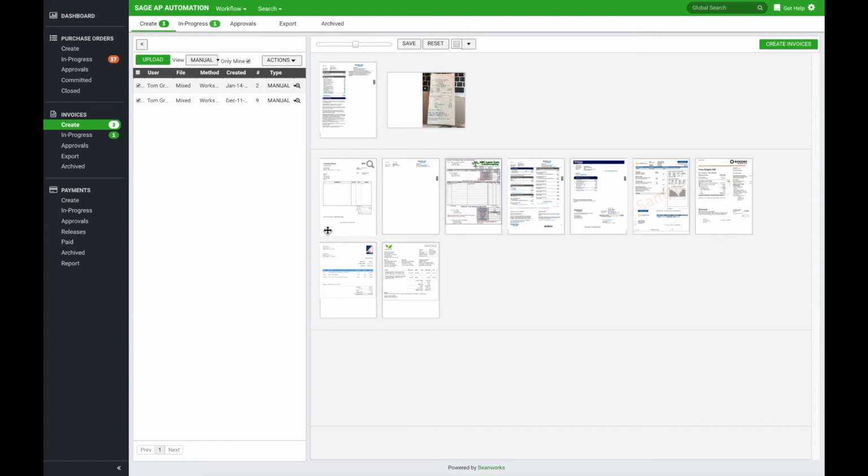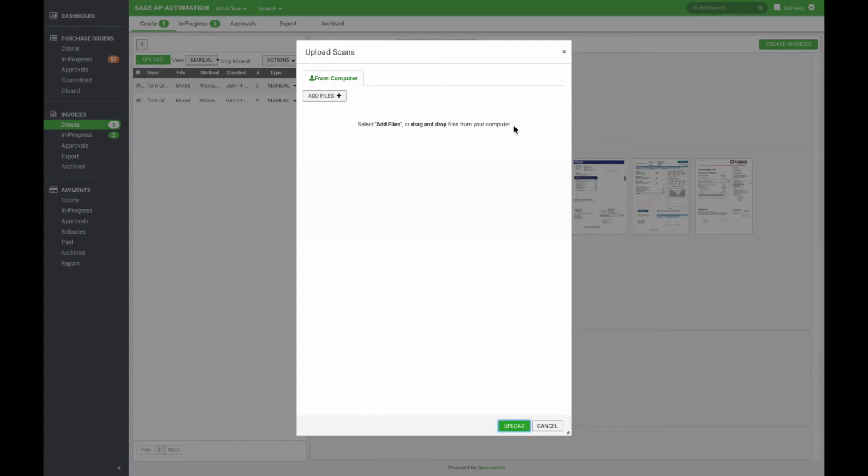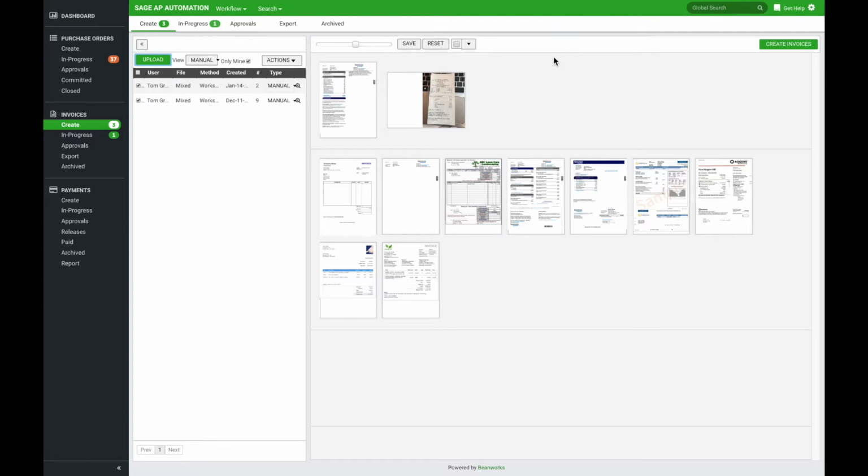Beanworks will centralize all of your invoices in one place with a global search that tags every piece of information that's associated with an invoice. All we need to do to get you there is either A, associate your users or entities with emails to ingest invoices related to them sent to you by varying vendors, or if your vendors are still sending you invoices via mail, you can simply click the upload button and drag and drop those invoices into the system,